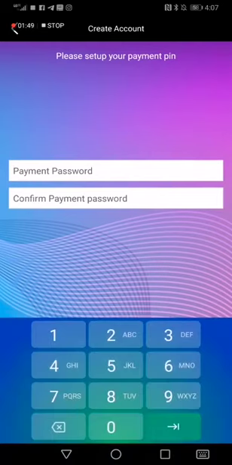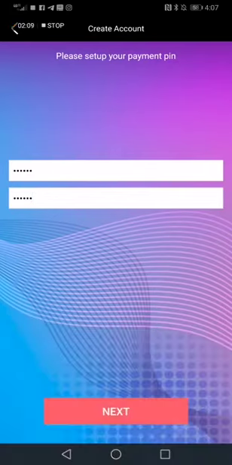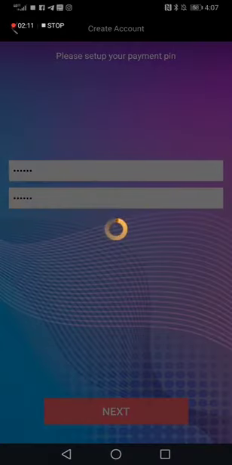Now it's going to ask us for our payment PIN. This is 6 digits, digits only, 6 numbers. Now listen, when you set up your login password, you want it to be complicated, and then write it down. When you set up your payment PIN, it could be any combination of 6 numbers. Write it down. Now it's going to take us to the, wait for it,